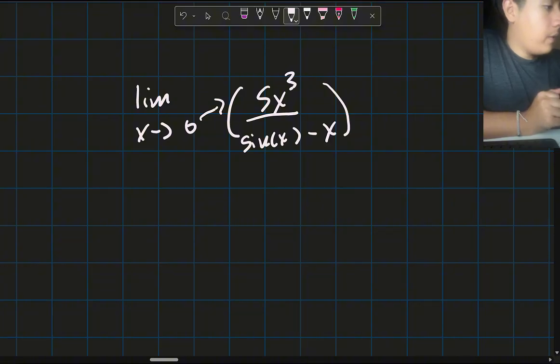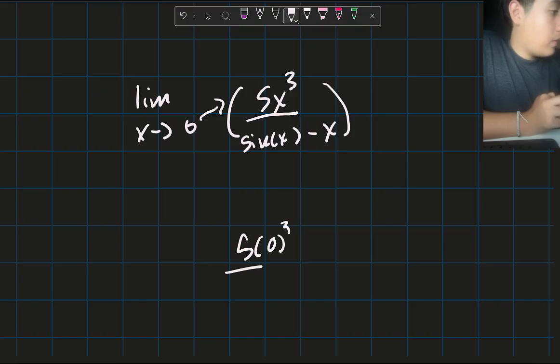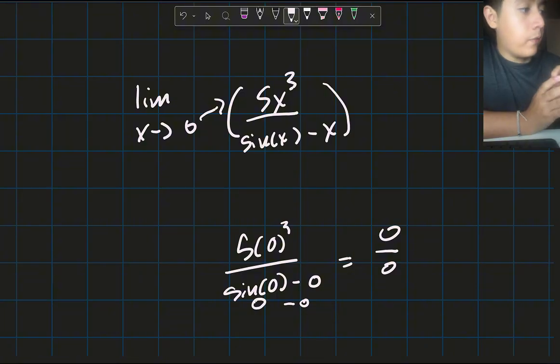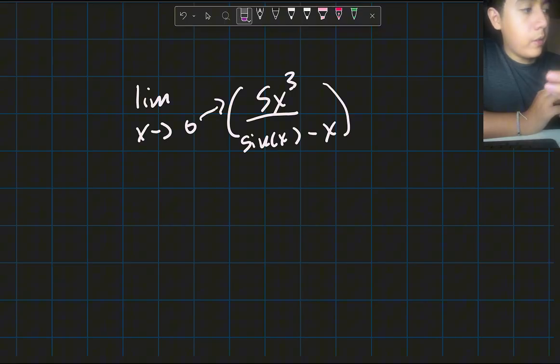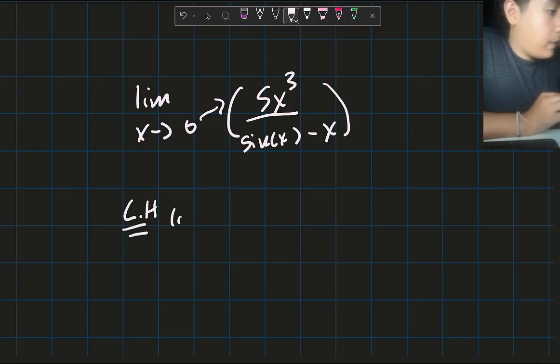So as we put 0 for x, sine of 0 minus 0, we see that this will give us 0, and this will be 0 minus 0, which is 0. This is an indeterminate form, so this means we can apply L'Hopital's rule. Okay? So when we apply L'Hopital's rule, we take the derivative of the numerator and the denominator. Okay? So applying L'Hopital's rule, the limit as x approaches 0 of